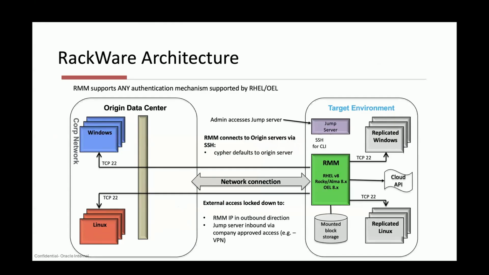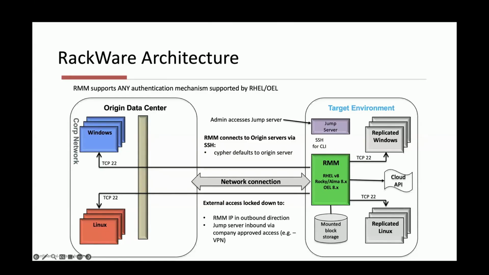The left-hand side is your production, current primary. It can be any hypervisor on premise, any cloud provider, or even physical servers. The right-hand side is the destination, the Oracle environment where you want to configure disaster recovery. The green box on the right-hand side is RMM running on top of a Linux-based virtual machine. The deployment of RMM, the prereqs, as well as the workflows remain more or less similar to a migration setup. From a user perspective, that makes it very intuitive to configure disaster recovery after you have achieved migration.